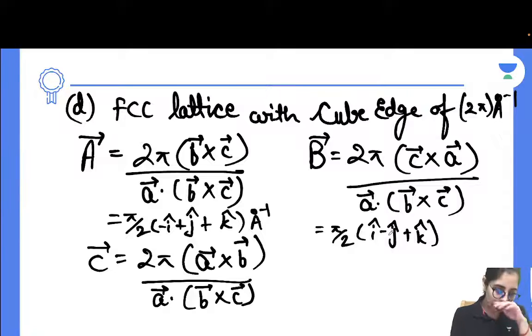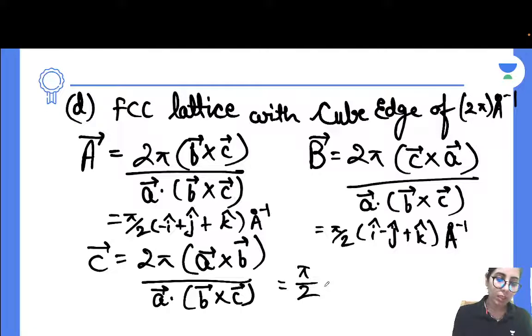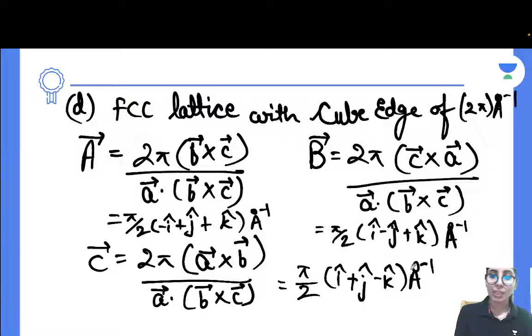Also guys, the type of expression they have given you was showing you it is face-centered cubic, right? If you are familiar with the expressions for the lattice vectors, you will easily be able to know, oh, it's similar to the FCC, the one which is given, and this one which you are getting is for BCC. Why? Because the reciprocal lattice of the FCC lattice is nothing but BCC. So you need to know the forms of the vectors, because that will help you identify the type of lattice you are getting.